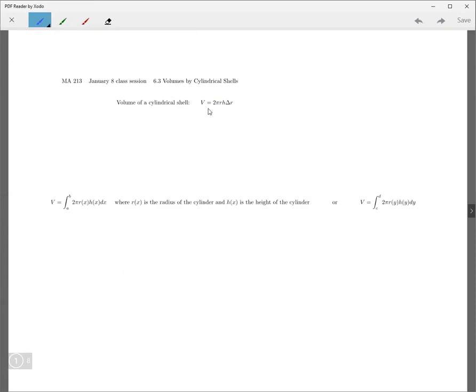First of all, this is the volume of a cylindrical shell. By cylindrical shell, we mean everything, hold on, it's all but the top and the bottom. Okay, so like here,